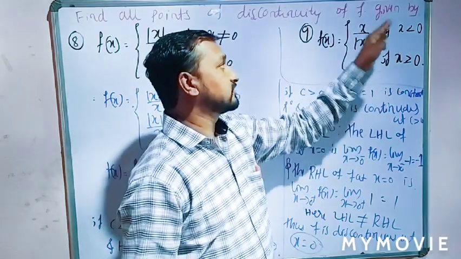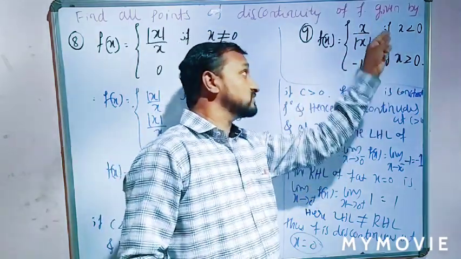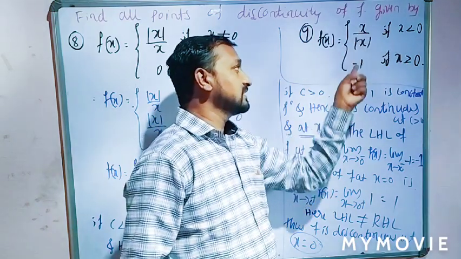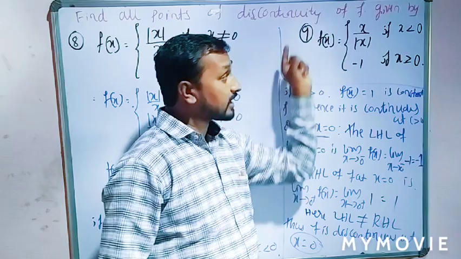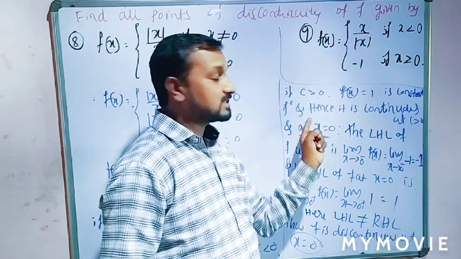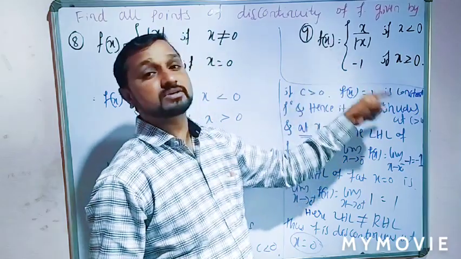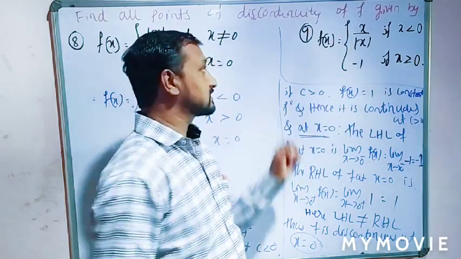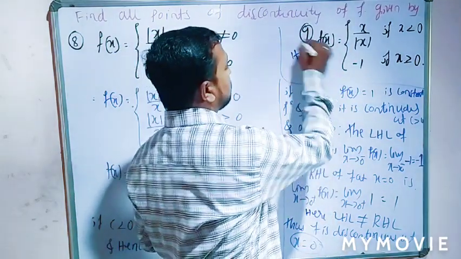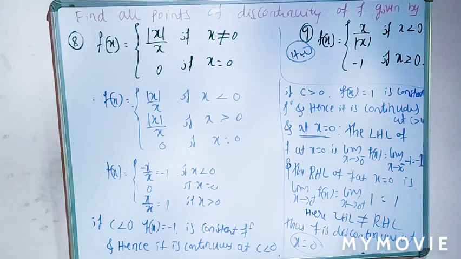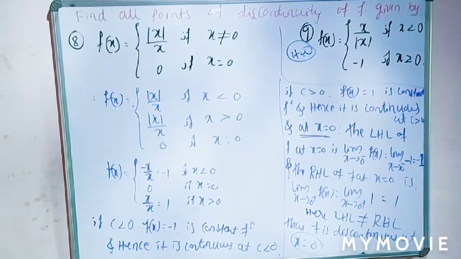First we have to take if c is less than 0. Less than 0 is nothing but the value of mod should be negative. This is also minus 1. This is also minus 1. The function should be continuous at every real number less than 0, every real number greater than 0, and exactly at x equal to 0 this function is also continuous. Is that clear? So this is your work, students. Okay. So write down this example. Then next we discuss the next example. Okay.